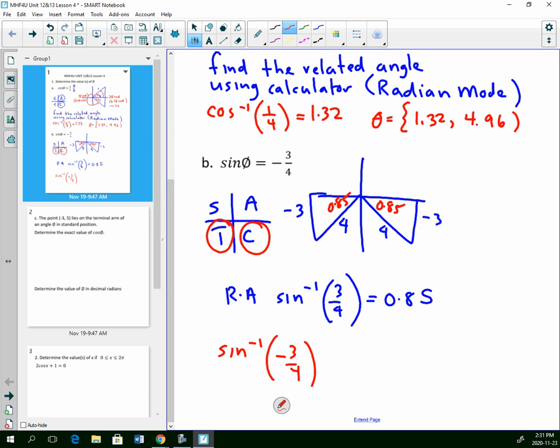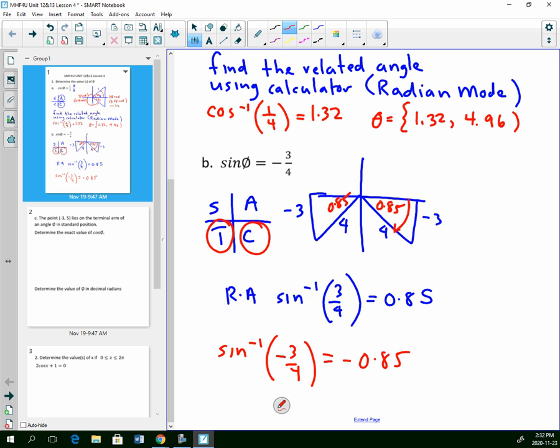I get an answer of -0.84 or 85. Well, what does that mean? That means that because I put a negative, the calculator has gone to the closest answer. It started at 0 and it's gone this way. So it's gone to the closest terminal arm in the fastest way possible. It went in the negative direction to the closest terminal arm. So that's why it's probably not a great idea to include the negative, because you might not understand what you've